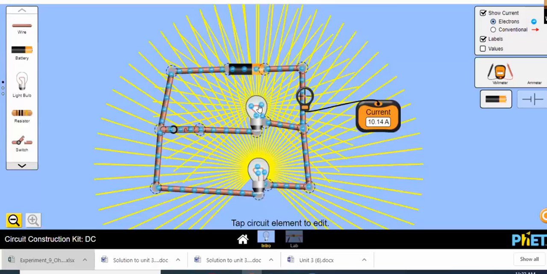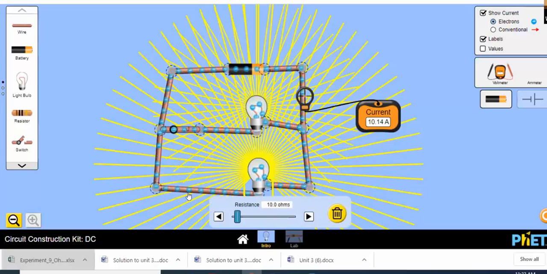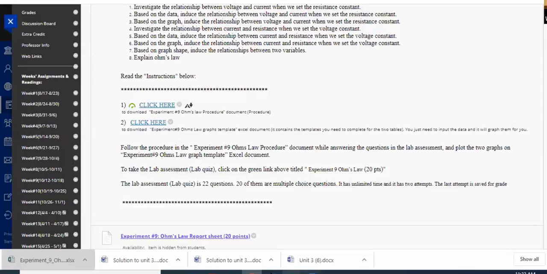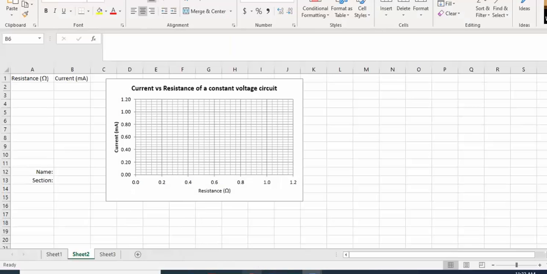And of course, this one has more resistance than this one. This one is almost 100 ohms, while the lower one is 10 ohms. So you have more electric current going through that one here. Okay, so you can play with this one here, but the main simulation that you'll be playing with is this one here,